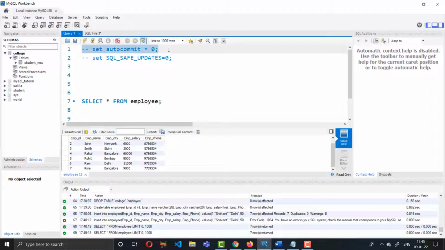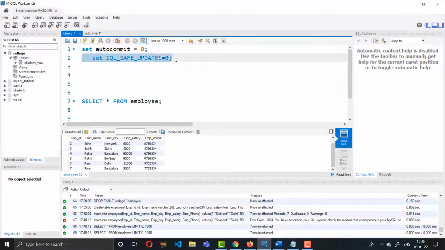Let me uncomment it: set autocommit = 0. It means that by default in the MySQL server, all the transactions you are doing are saved automatically. To disable this automatic, permanent saving of your data, we have used this command, set autocommit = 0.